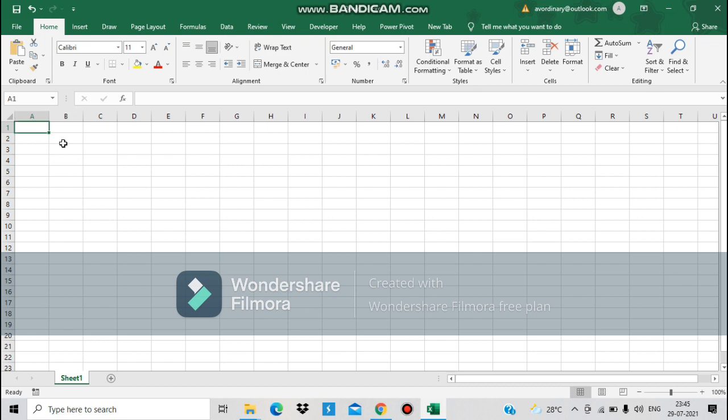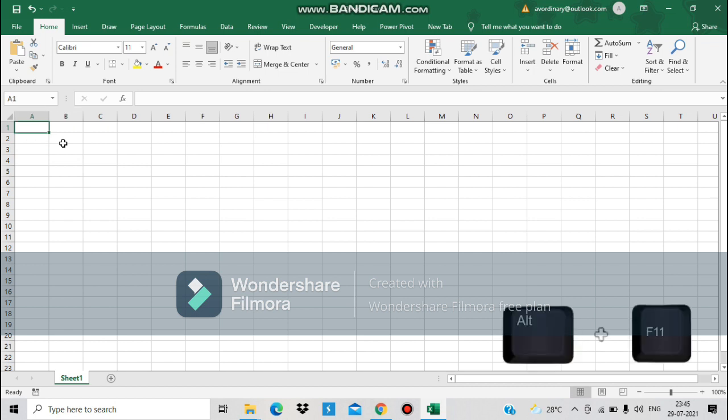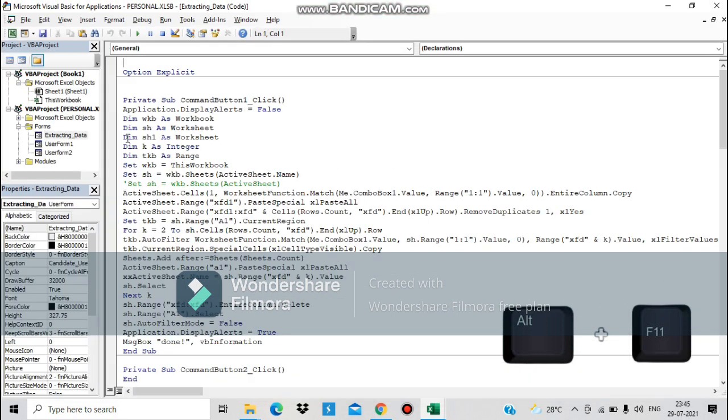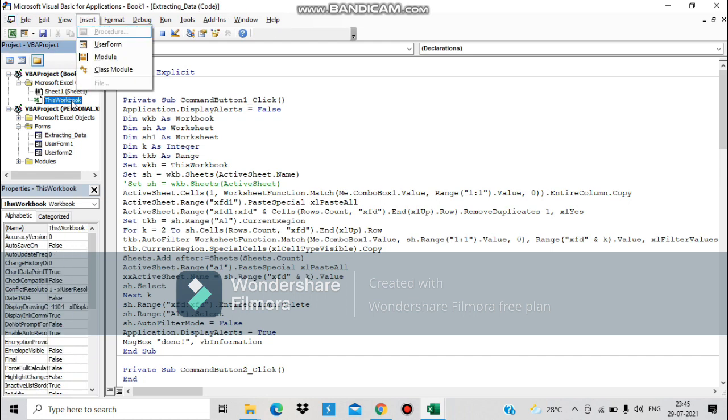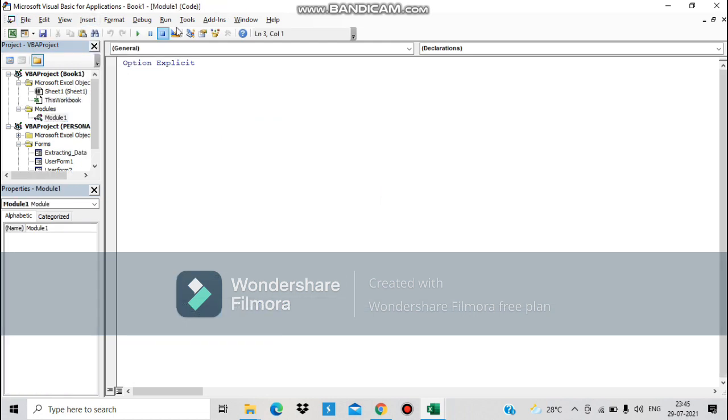Firstly, you have to press Alt F11. Okay, you have to create your new module, and here you have to enable one library which is called Microsoft Scripting Runtime.